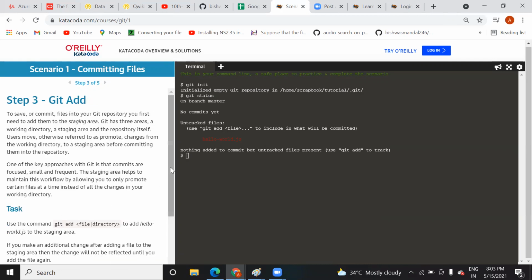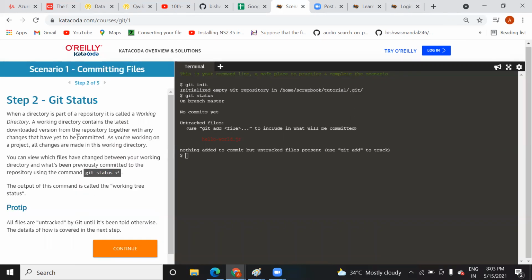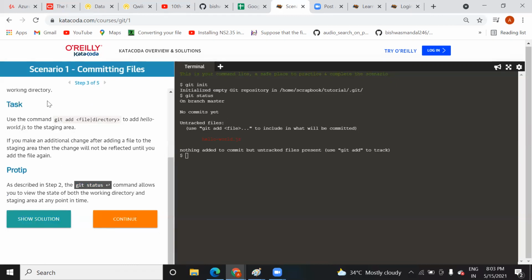Now in order to move to the next step, you can also move back a step if you are not sure, and you can press the continue button. Now the third command is what file you want to edit here. In order to add a file, we will use the command git add file to add the hello world.js to the staging area. This staging area is the area where your files are usually present. It is similar to a repo, which provides you a space where you save the file.